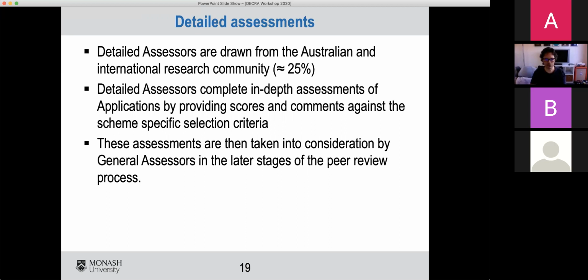So could the detail reviewers be someone you have previously published with? There are rules for conflict of interest that would exclude people, but there are also time limits on those conflicts. So the short answer is probably not if it is recent, but yes, if it's longer term. And it's going to depend on the nature of that collaboration.